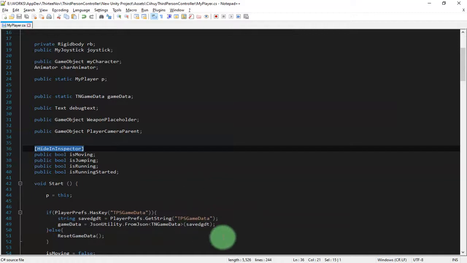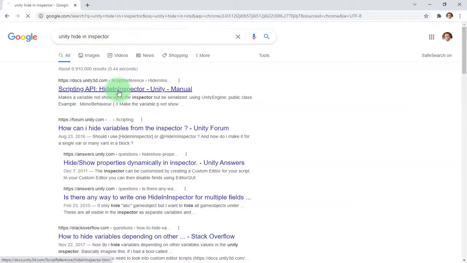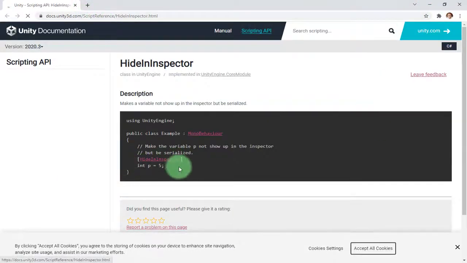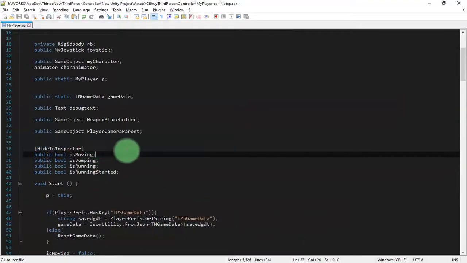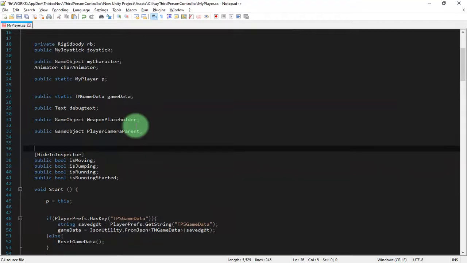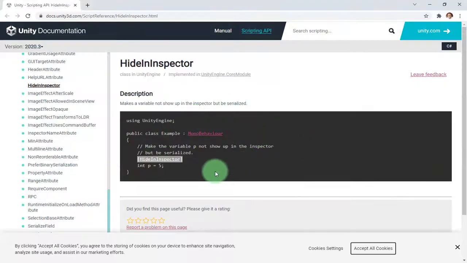Let me find out. Hang on a second. Okay, let me find this article. The correct one is this line, hide in inspector. What is the difference? They are the same, right? But I still see it moving.